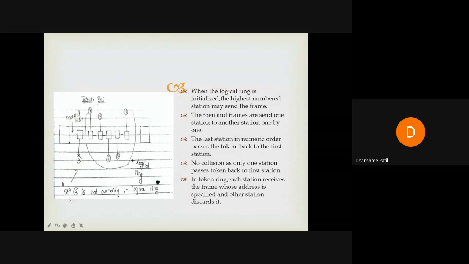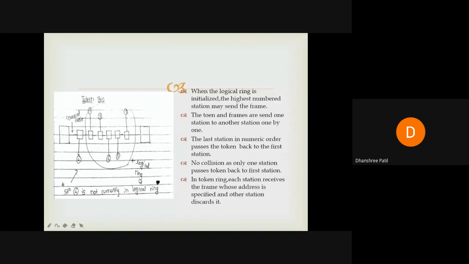So obviously station number 4 will not be able to send any frame, because this token is continuously moving within the network, meaning within this ring only. If station number 4 wants to send a frame, that station must have a token with it. So if a station is out of the logical ring, it will not be able to send a frame.